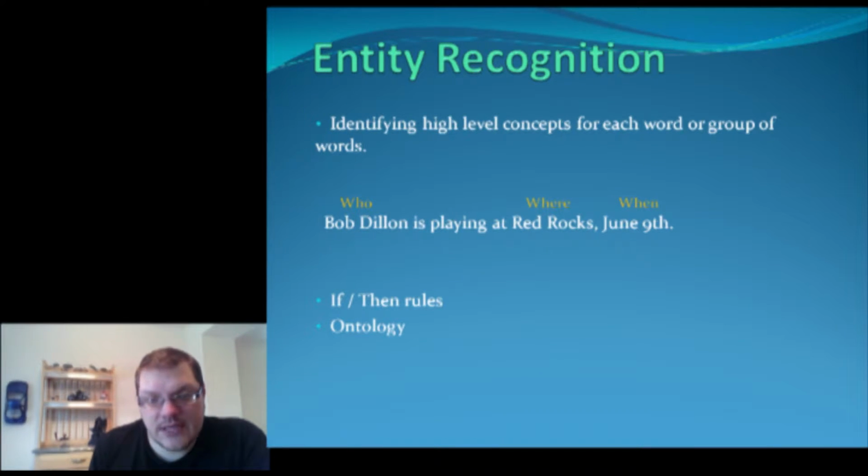And then we can also say, well, it's contained within this sentence, so we know that Bob Dylan is the who, and he's going to Red Rocks, and he's going on July 9th. So we've already bubbled up Red Rocks to a location. We've already bubbled up June 9th to a time or a date, based on our rule logic, lookup tables, and also comparing where it's at within the sentence, and also based on what part of speech it is. So these all combine in these rules to allow us to bubble it up to a high